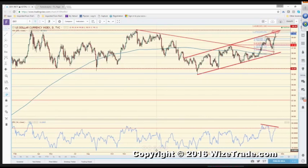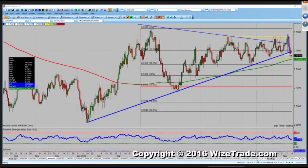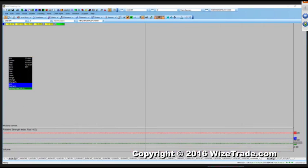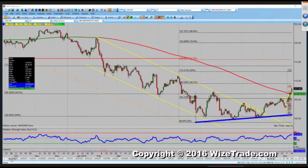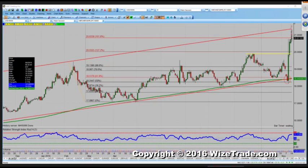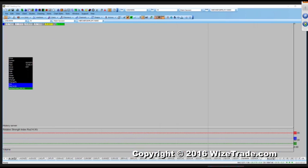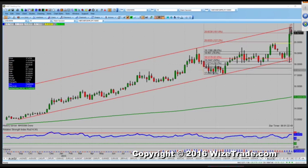Peso. So I shorted some peso on Friday. I got stopped out. Took a small loss. I shorted again at 21 this morning. Okay. We hit, in my opinion, channel resistance. And the reason why I really ultimately want to be short some US dollar Mexican peso right now, at least